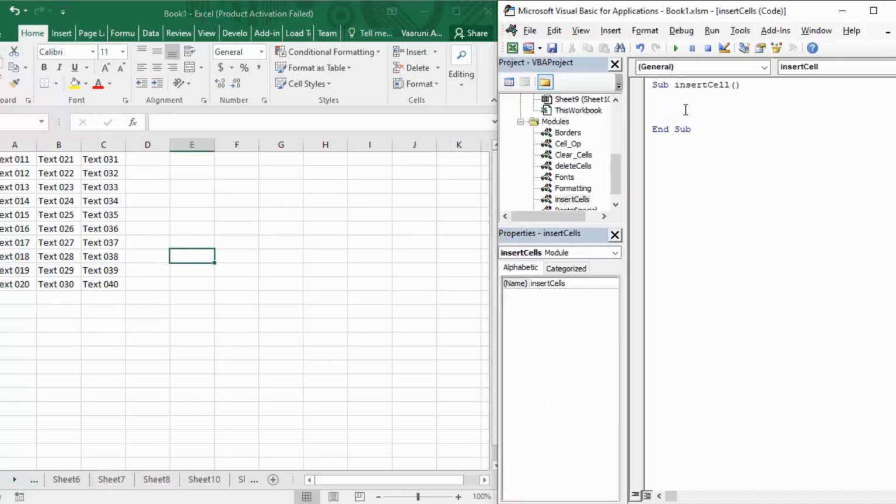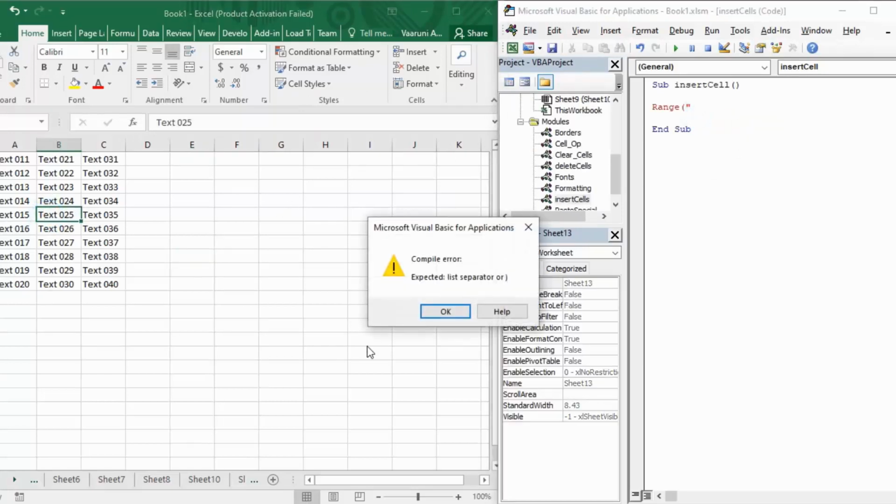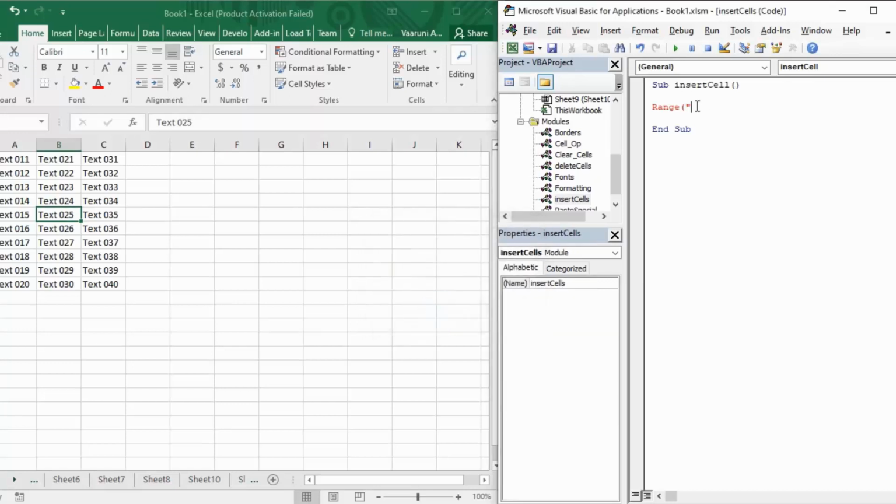Let's take up a cell. First of all, about a single cell, we first need to reference that cell. And how can we refer to that cell? By using the Range function. That's the simplest way. Why are we using that? Because we get help in the Range function. Now within double quotes, you have to write the name of the cell. So I want to insert a cell at B5. Here in the Range function, you need to provide the location where you want to insert a cell.